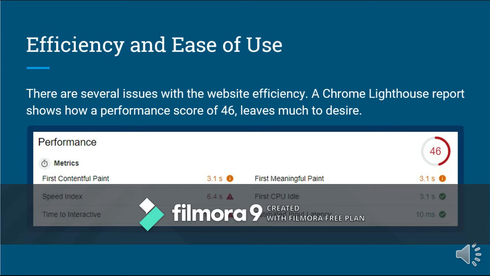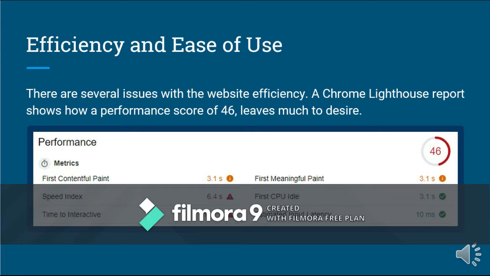On the other ones, performance, for example, got a 46%. On accessibility, it got an 88%. And in best practices, which only looks at mostly development best practices, such as minification, links to cross-origin destinations, and images displayed in incorrect aspect ratios.